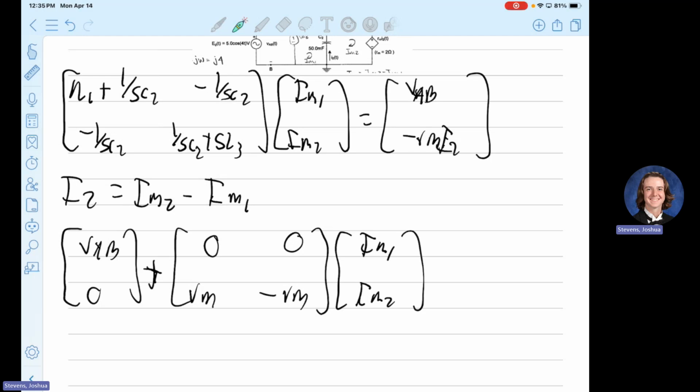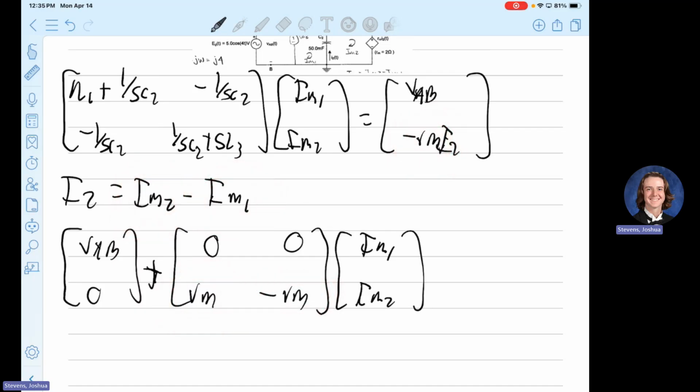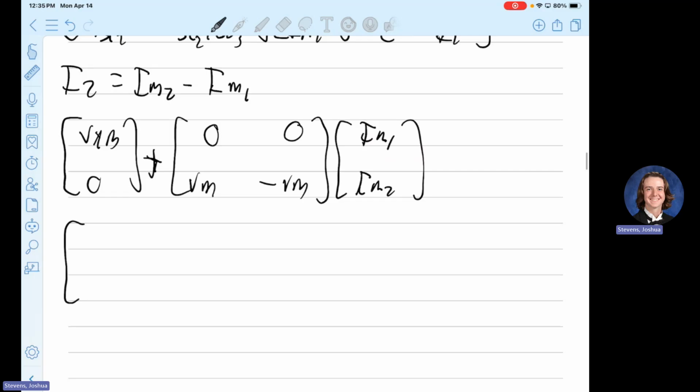And that is because right here, when we separate it into IM1s and IM2s, my thing in IM1 is negative. Negative RM becomes a positive RM. My thing associated with IM2 is positive. Negative RM, negative RM. Does that make sense? Cool. All right, putting those values over here, it becomes R1 plus 1 over SC2, negative 1 over SC2,